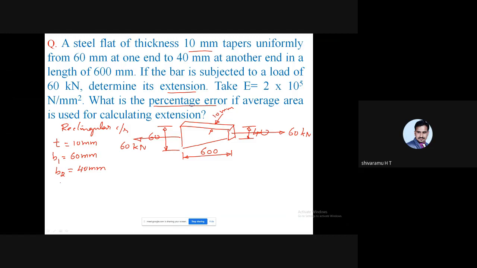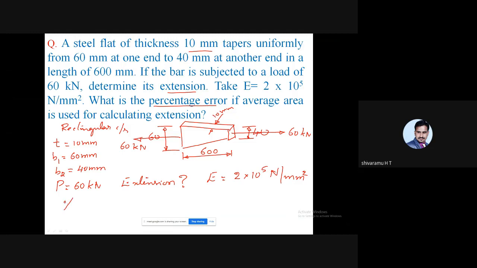And here the load is given. The bar is subjected to a load of 60 kilo Newton, and it is asked to determine what is the extension of the bar. And Young's modulus is given: 2 into 10 power 5 Newton per square millimeter. And also it is asked to calculate what is the percentage of error